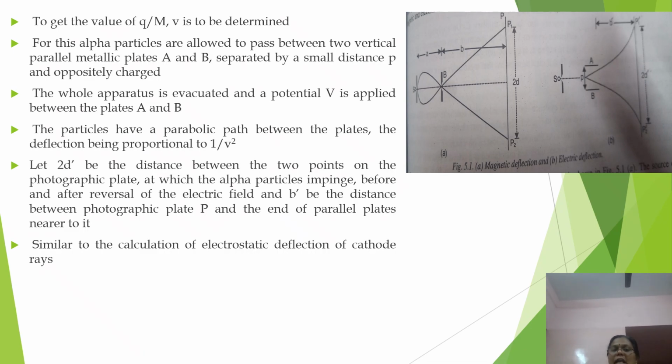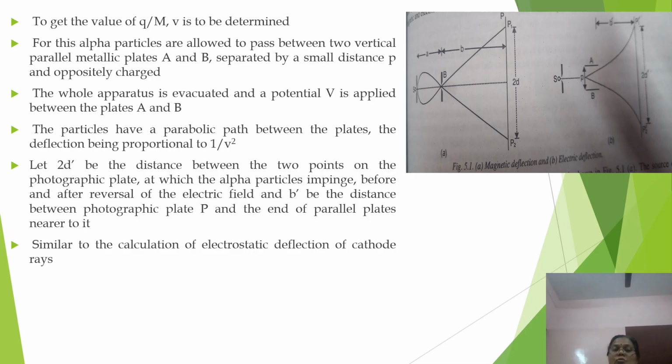For this, the alpha particles are allowed to pass between two vertical parallel metallic plates called A and B, which are separated by the distance p. The whole apparatus is evacuated and the potential V is applied between the plates A and B. So the particles take a parabolic path between the plates, and the deflection is proportional to 1 by V